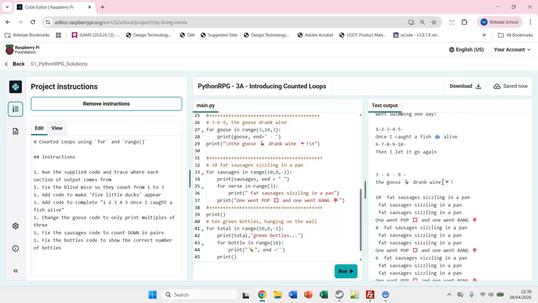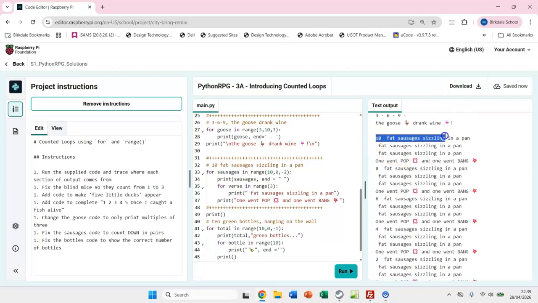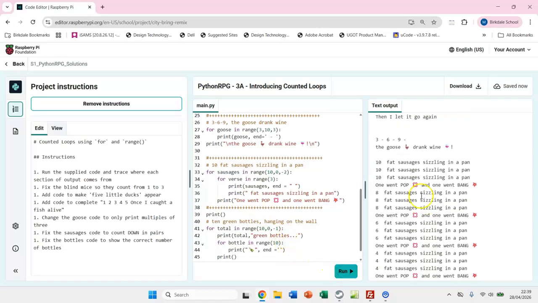So now we get 10 fat sausages sizzling in a pan. Oh, I need to have the whole thing inside. So I want the number of fat sausages to be part of the loop. So I'm going to take this line here and I'm going to move it inside this loop. And because it's inside the loop, I have to indent it. So if I run that, we now get 10 fat sausages